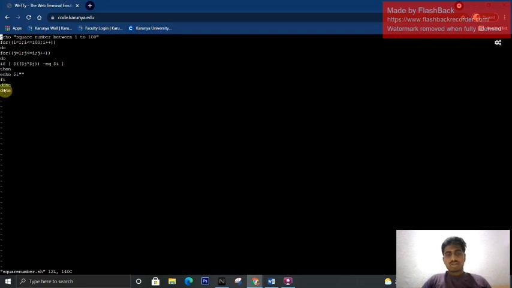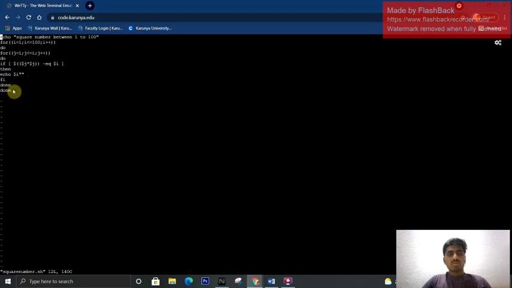Here, both values will be multiplied, and if it is equal to the value of i, it is a perfect square number, and echo $i will be incremented.